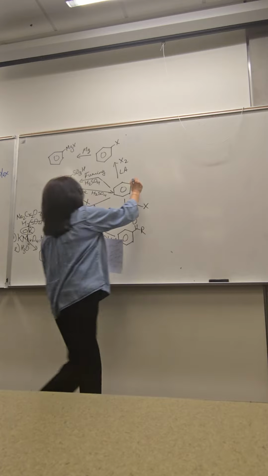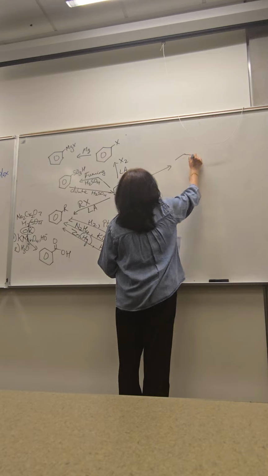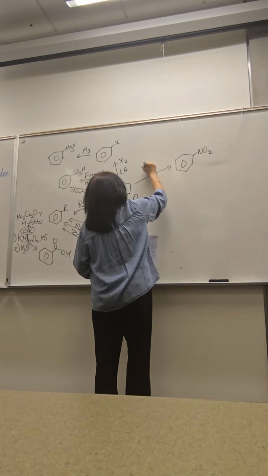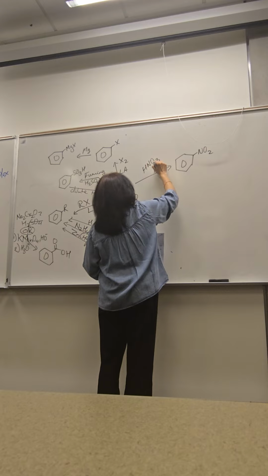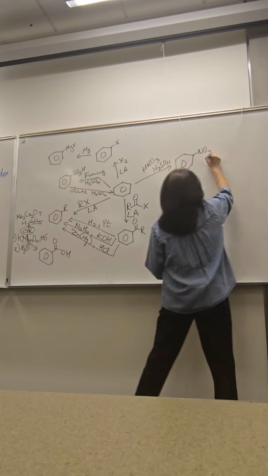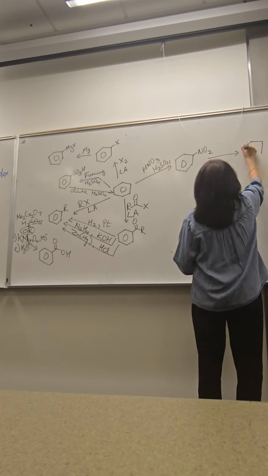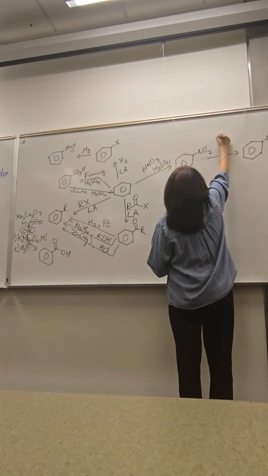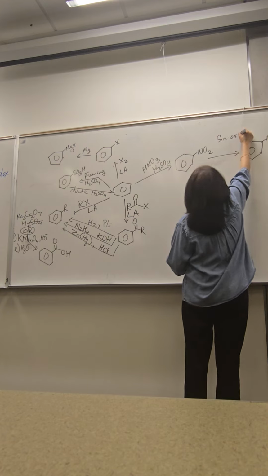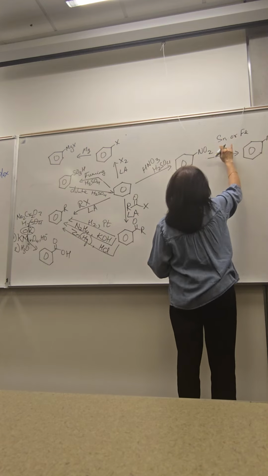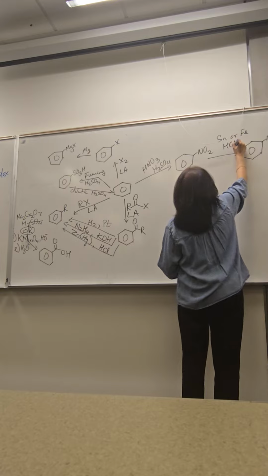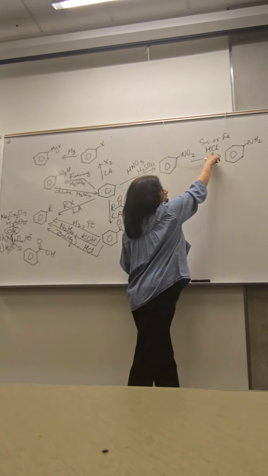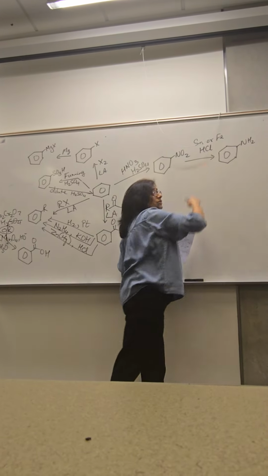And then we can, of course, also convert this to nitrobenzene using HNO3 and H2SO4. Good, and the nitro group can be reduced to an amino group. Sn and HCl, or it can also be Fe in HCl. It's acidic conditions. But now again, the thing is, that's a base. This is an acid. So if you have base and acid together, will you get